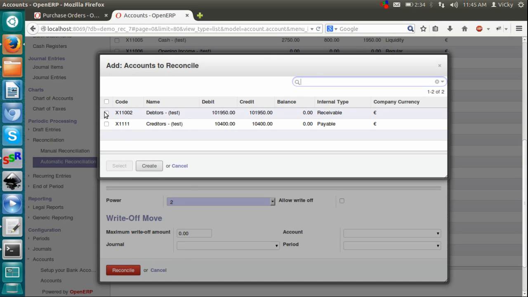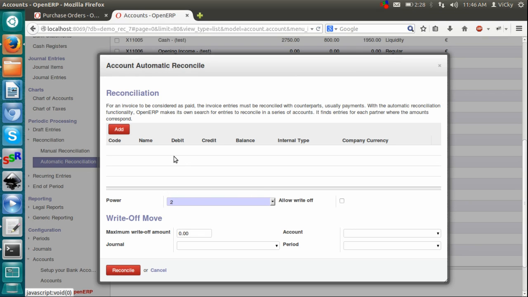If we want to reconcile these accounts, we have to select them, add them, and after adding, they will come over here. We have to put a reconcile, and we have to give a write-off amount. Write-off amount means if there is a difference in amount, we have to keep that difference over here, and we have to mark allow write-off,